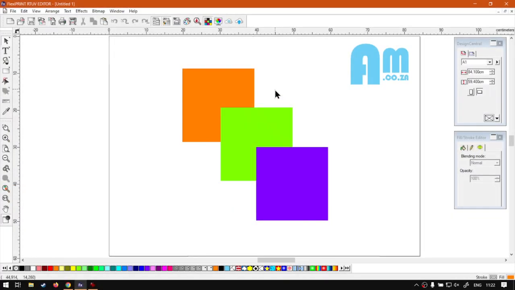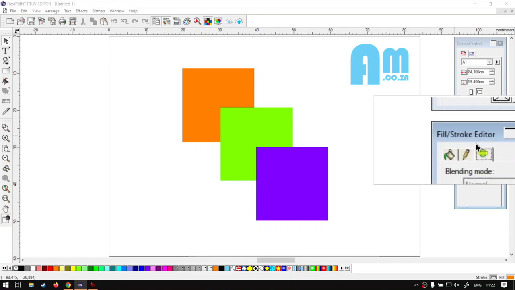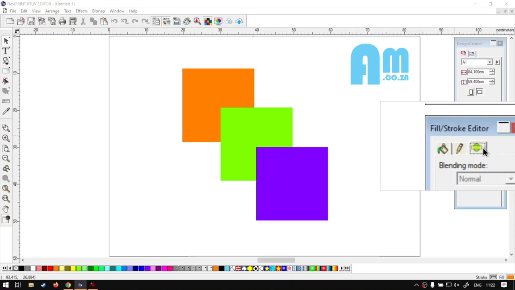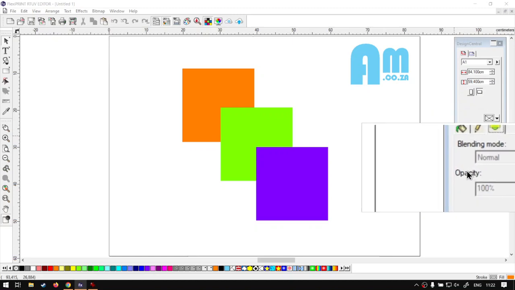Now if we head back into the program here, like I mentioned in the intro, we're going to be looking at layer modes or blending modes today, and this can be found in the fill and stroke editor. If we go to the fill and stroke editor and navigate to the last tab, if we hover there, you can see it says transparency. When you click that, it will give us two options, our